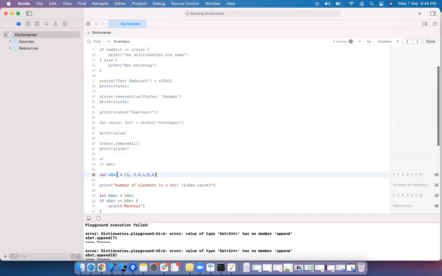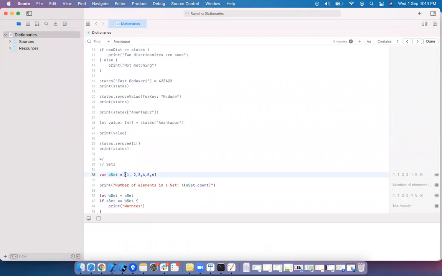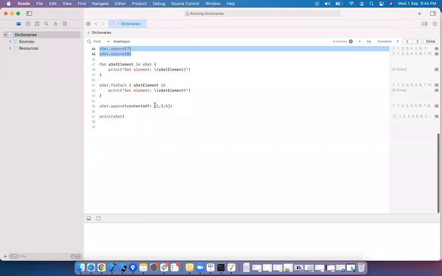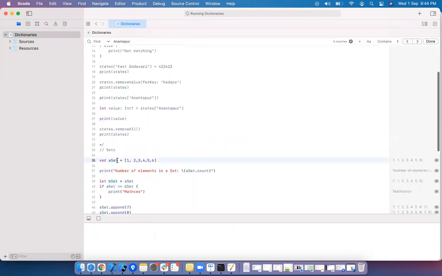Actually, we just gave it as set, but this is square braces, right? It is considering it as an array. That is why we are having these methods, and even the duplicate element 135 is printed at the end. Actually, set does not allow duplicate elements as per the definition.